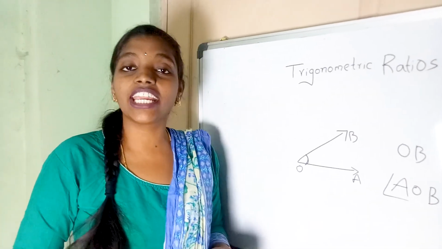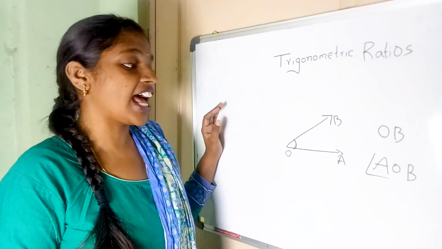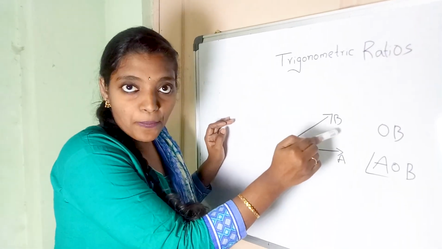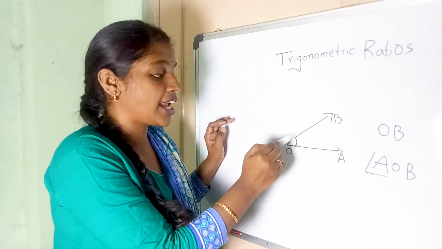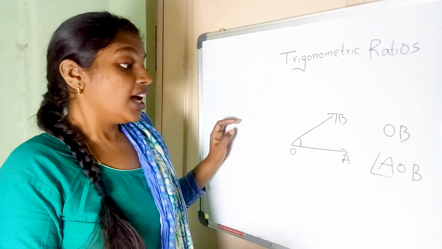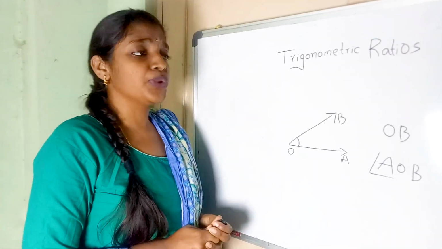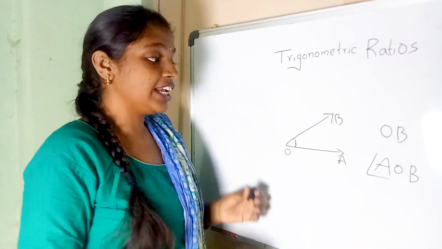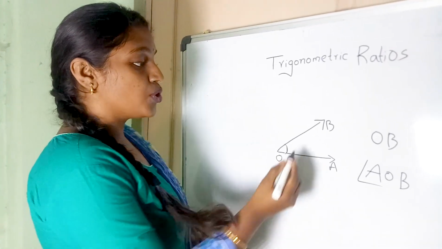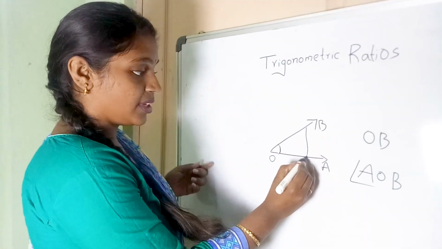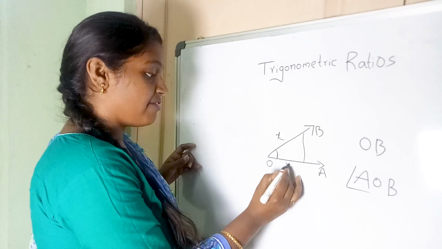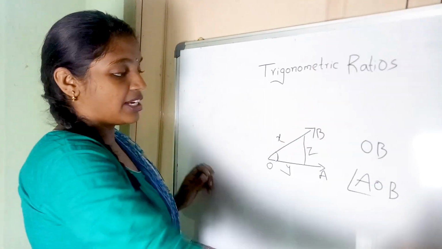In simple words, an angle is formed when a ray rotates about its endpoint and makes an acute angle. In this chapter you already know about the Pythagoras theorem, which is applicable only for right angle triangles. So draw a line here. Now we consider the sides as x meters, y meters, and z meters.